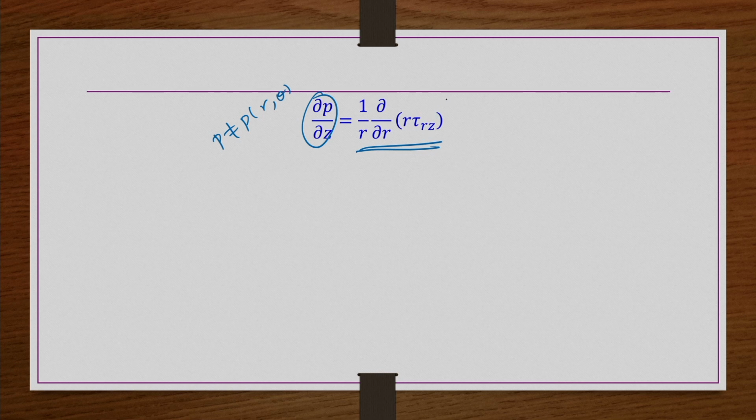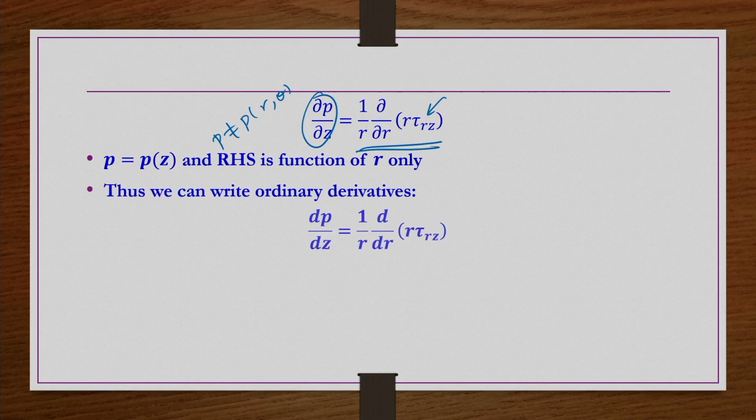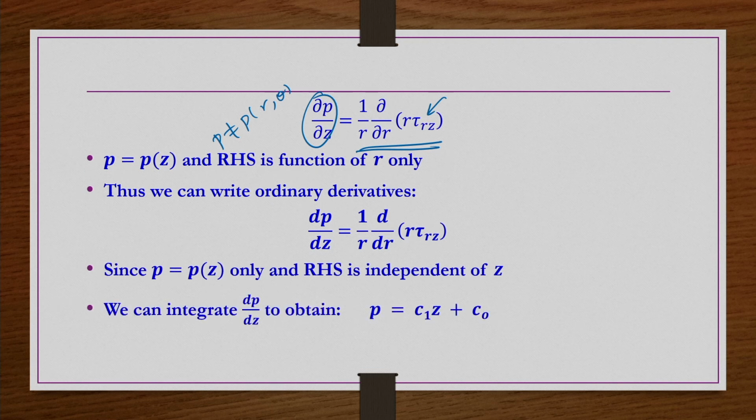Similarly, tau rz is a function of r only, it is not a function of z because of the fully developed flow. So, whatever the left hand side term is can be taken as a constant when you integrate the right hand side term. That means both these terms can be considered individually, and we do the integration to get the required velocity profile. So, first we take this dou p by dou z, then integrate.